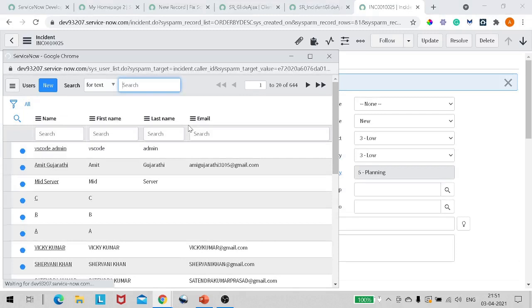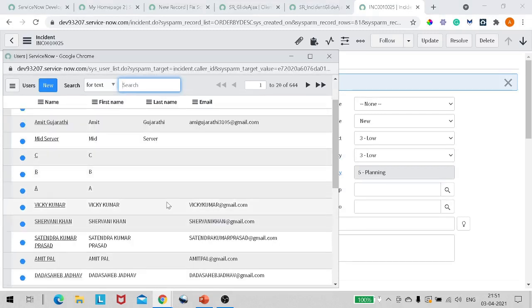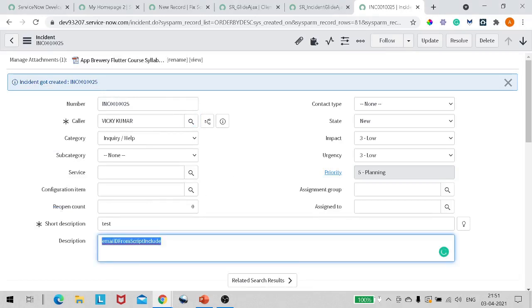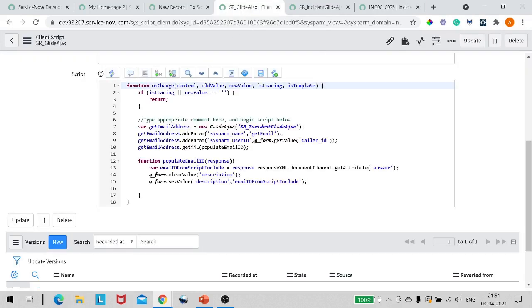So now let's see. Now if I check it with Vicky Kumar, right? What has it got? Script include. Oh, sorry, I made a mistake. It should not be a string. It should be a variable.